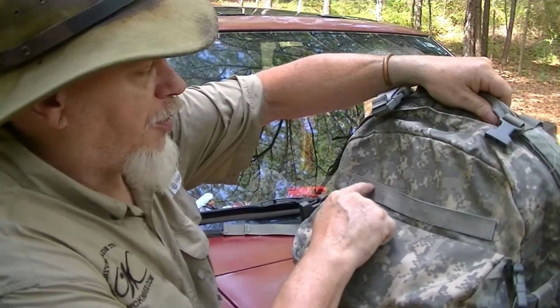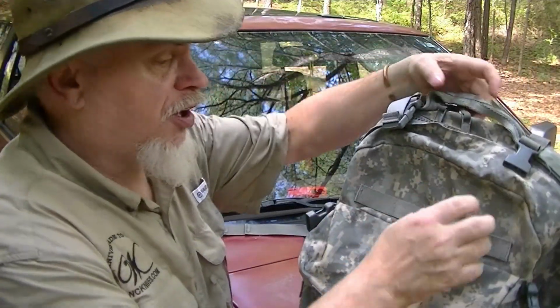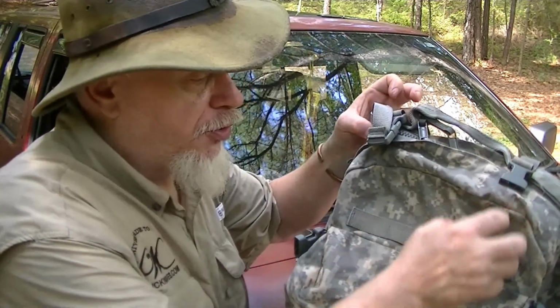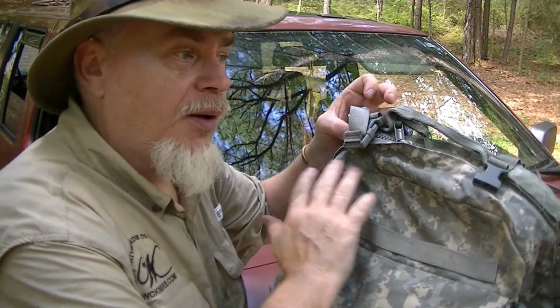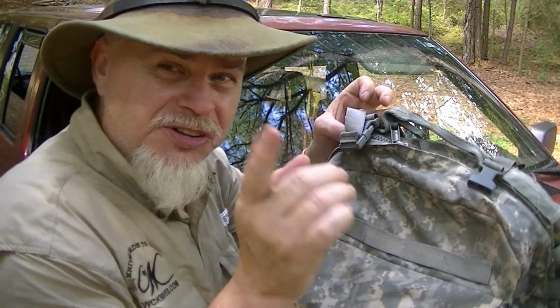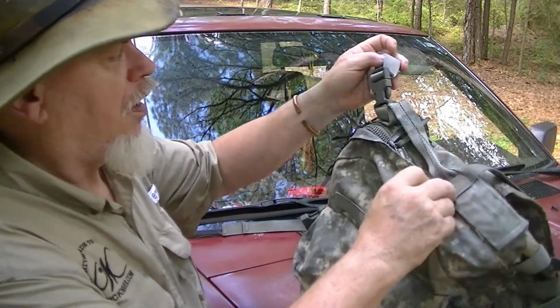Up here on the top, you got another row of MOLLE. With this section here, remember the old Alice pack, you could put ammo pouches, compass pouches, whatever, and put it where it was easily grabbed so you could tailor it to you. Now,